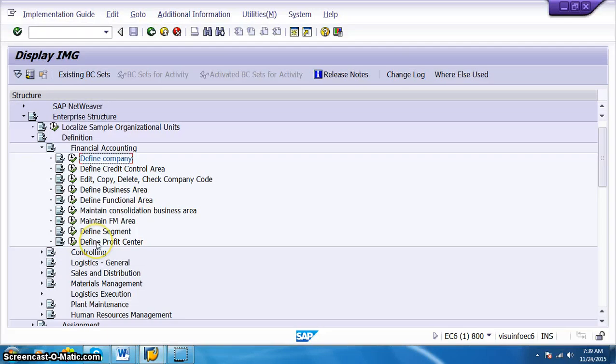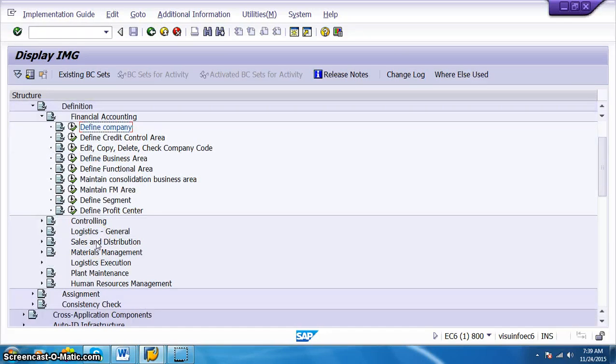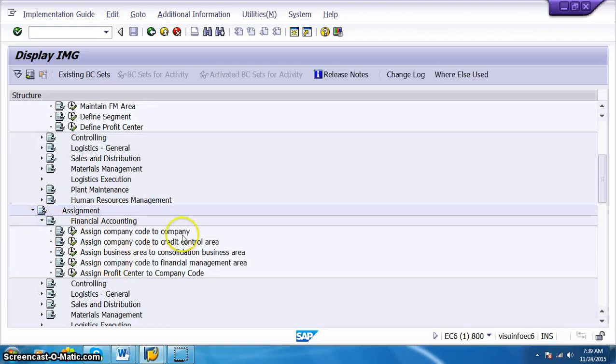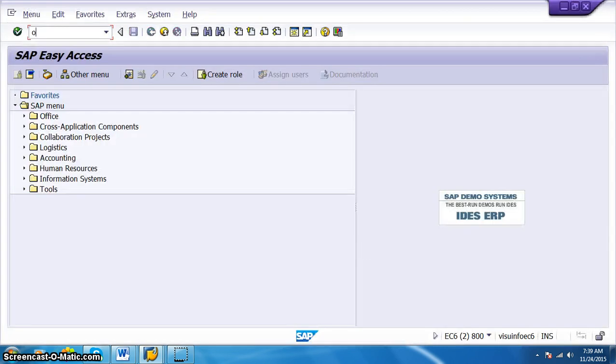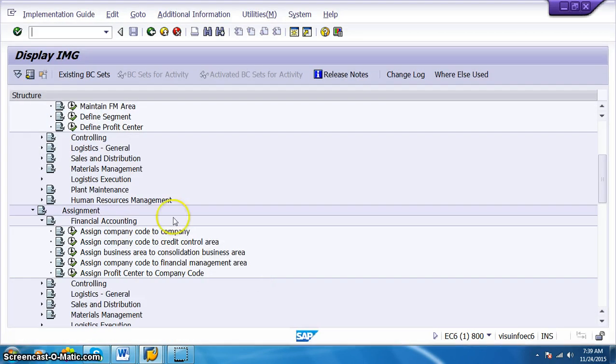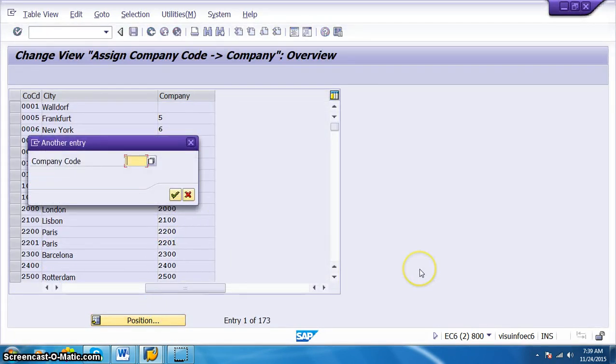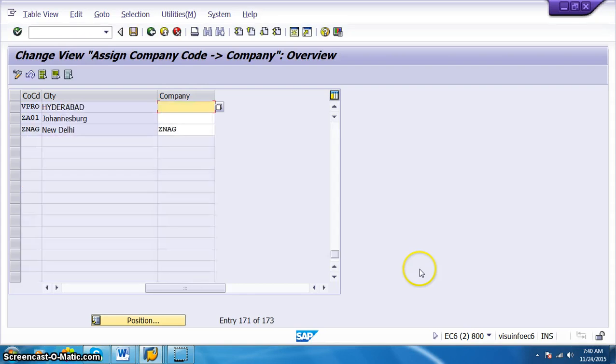So now we have to assign the company to company code, which we normally do in the assignments section. Here we have the assignments in this financial accounting, in which we have the assign company code to company. Either we can click on this, or we can go to OX16 transaction. In this OX16 transaction, we just click on this position, and the company code is VPRO.